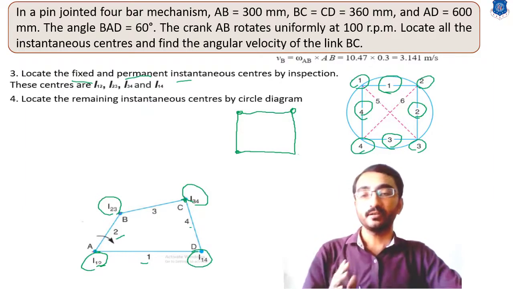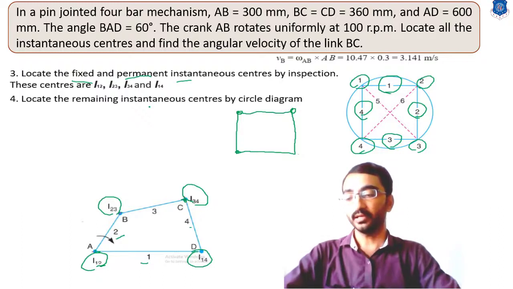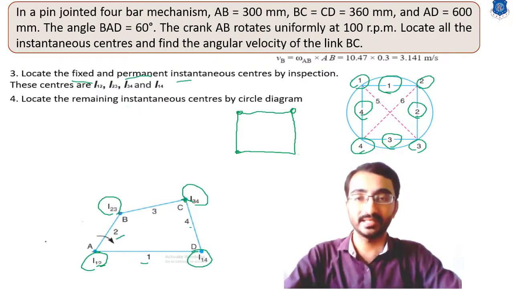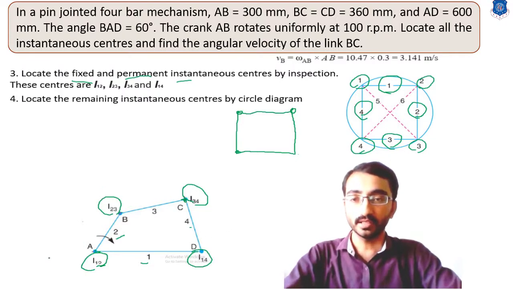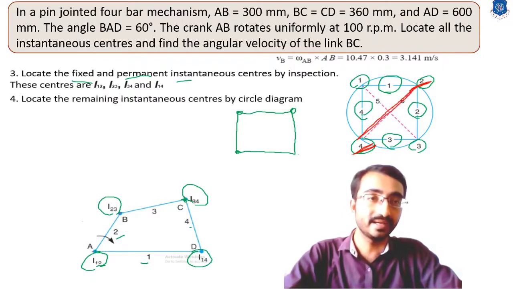Now the final point comes: we have to locate the remaining 2 neither fixed nor permanent instantaneous centers. Okay, so now for the remaining 2, let's consider that we have to connect 2 points. Let's consider points 2 and 4. Okay, now we have to locate this I24 point. So we have to connect this 2 4, and this connection will tell us that if you want to connect